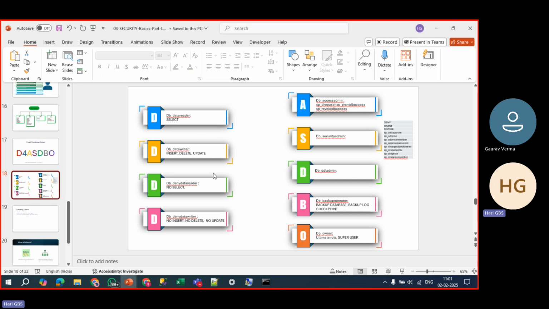This is not like server roles. So there is db_datawriter and data reader, reader and writer, two permissions. Deny reader, deny writer, two permissions. What are deny? I will discuss later. So reader, writer, deny reader, deny writer. So under server level, sysadmin